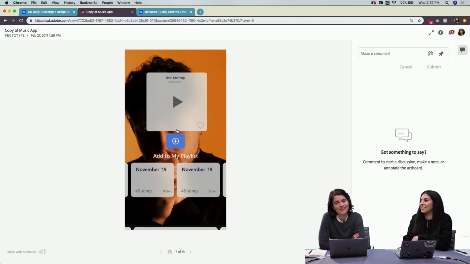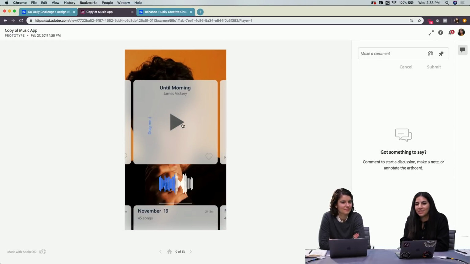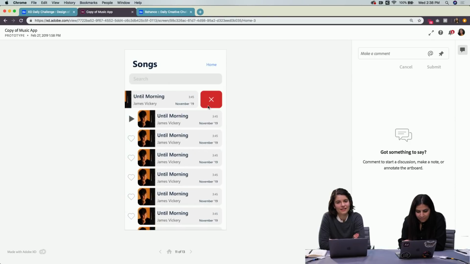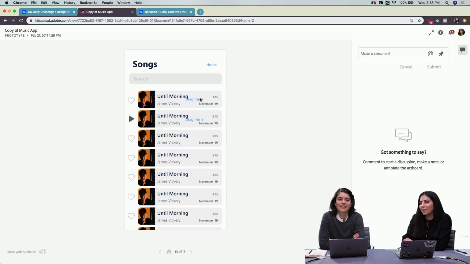Oh, and you can add. These are really good animations here that make it fun to add music to your playlist and browse through everything. And I like this little music bar as well. You can take songs off of your list if you're not feeling them anymore.